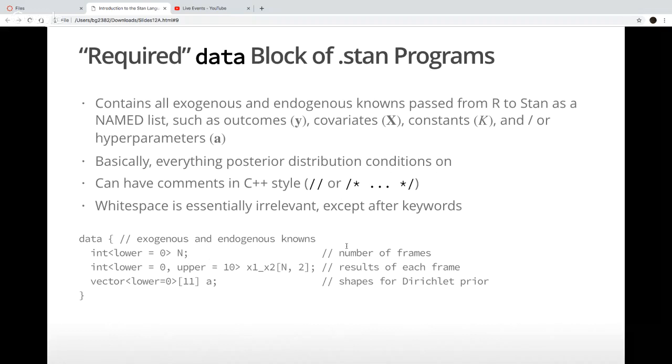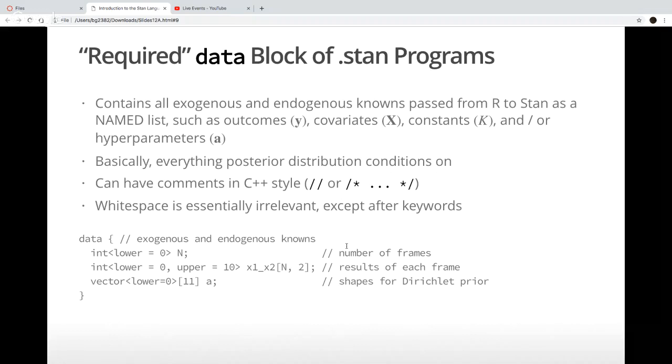I've declared that with a lower bound of 0, even though it wouldn't make so much sense to have 0 frames, but as an edge case maybe that might be reasonable. Certainly having -4 frames of bowling would be a mistake. Then I have my x1, x2, an integer array with n rows and 2 columns.